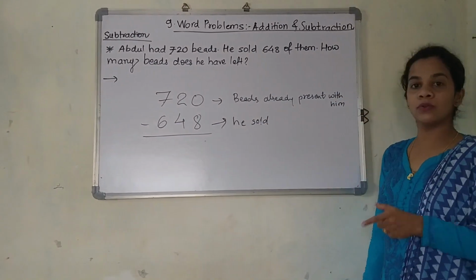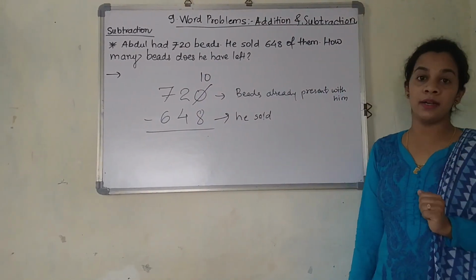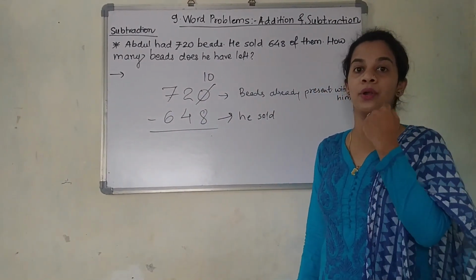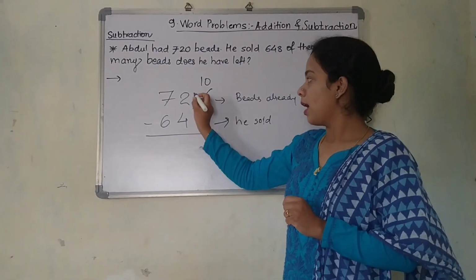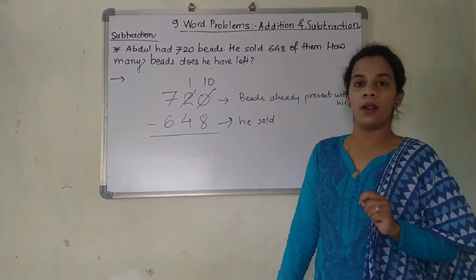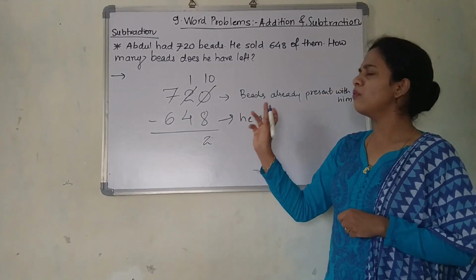Now, what are we supposed to do? We are supposed to do the subtraction. So your 0 is present. 0 minus 8 is not possible. So we know that we are going to take one from the other one. That is, 0 is going to get converted into 10, and this will be getting converted into 1. 10 minus 8 is what? Yes, it is 2.